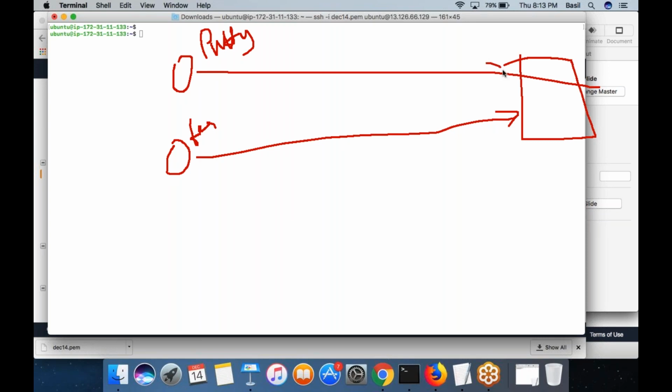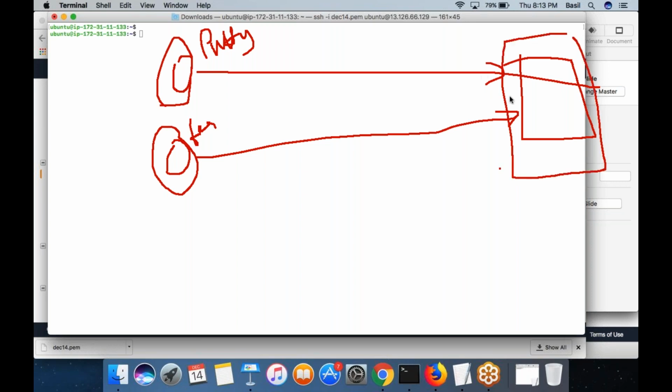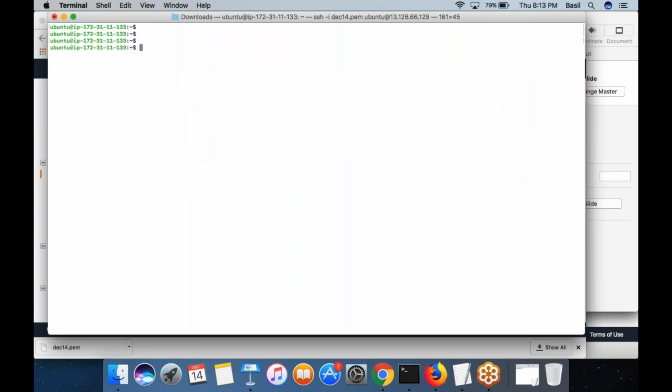So it doesn't matter how you log in, what operating system you are using in your laptop, it doesn't really matter. What matters is the remote command line that you are getting once you logged in. So in your case, it was black in color. The color doesn't matter. It's the same. It's the remote Ubuntu server where currently I am logged in. So in your case, you would use PuTTY to access your Linux machine which you created in AWS. Clear, right?